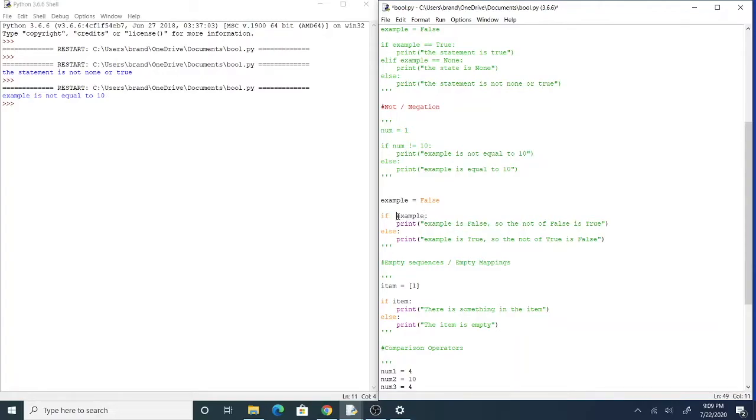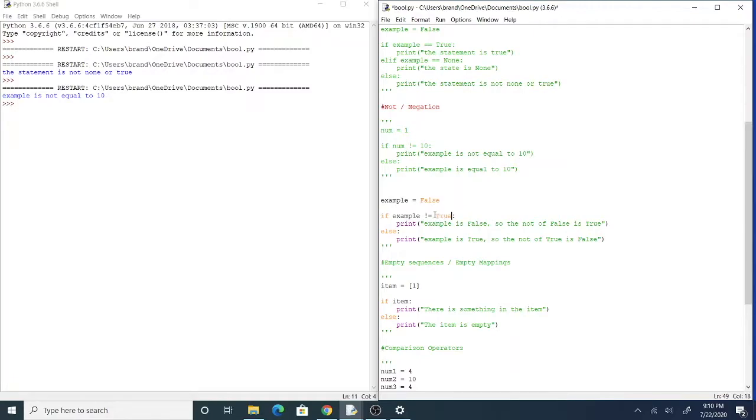let me give an equivalence actually to make this a little clearer. So this is the same as saying if example equals true, this statement here that I've written down, example equals true, is the same thing as just writing if example. It just checks if it's true or false. So in that case, by saying if not example, this is basically the same thing as if example is not equal to true,